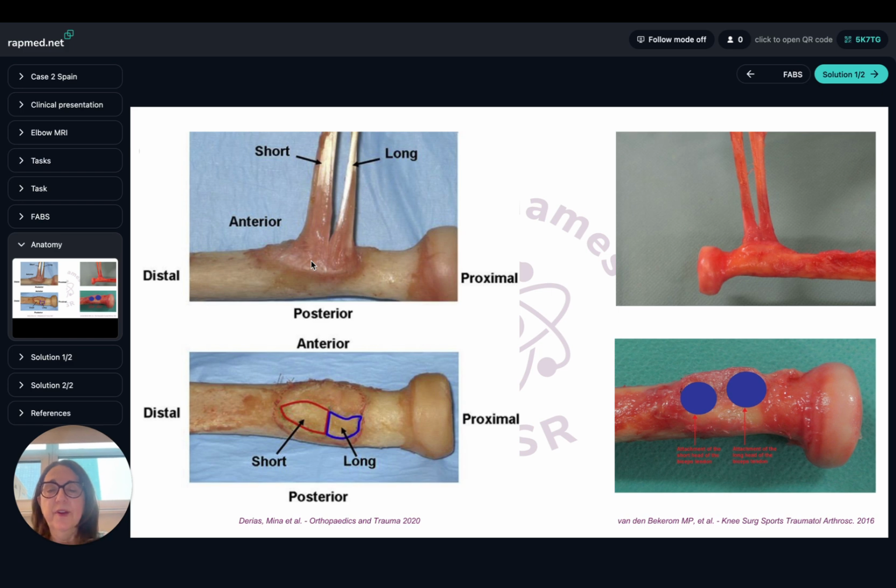And remember that when they go proximally, they twist. So we have two different facets that are completely distinct, and they can be very much depicted on MRI, even if you don't have a wonderful MRI. You have to be careful. Always remember to include in the axial planes the full radial tuberosity